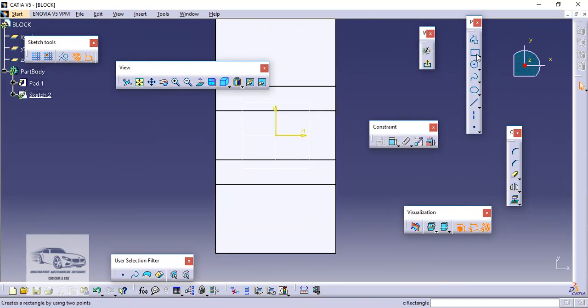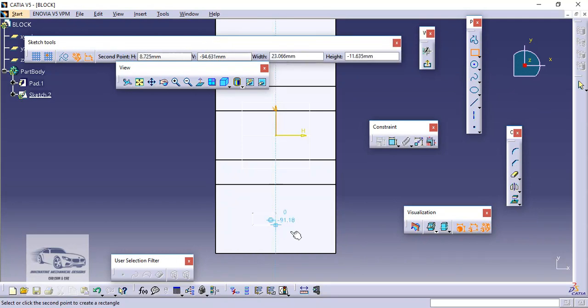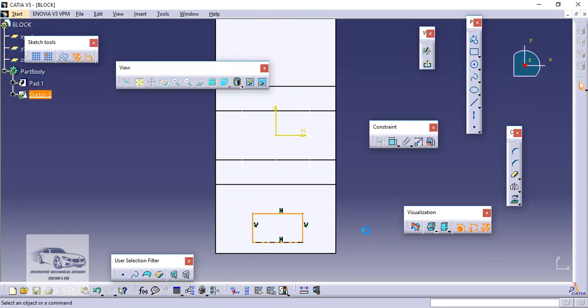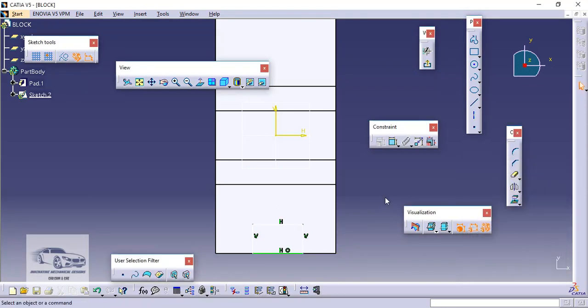So I will draw a rectangle. Now, as per the drawing, the edge of this particular rectangle should lie on this edge. So we will make these two edges coincident. We have to select the two edges by pressing the Control button,